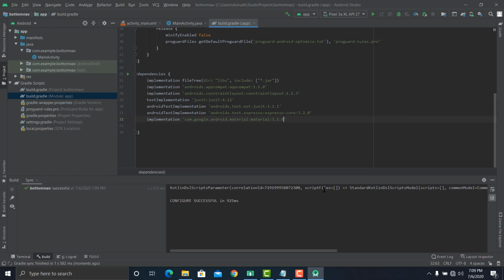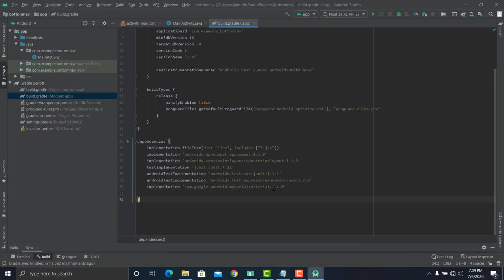So once you're done with that, why we're using this dependency is it's offered by Google. It's called the material design dependency. It helps you to set up a bottom navigation view in your app.